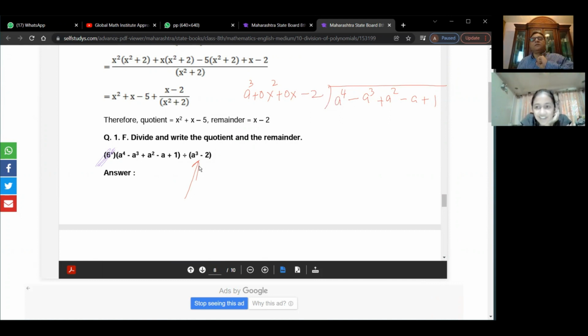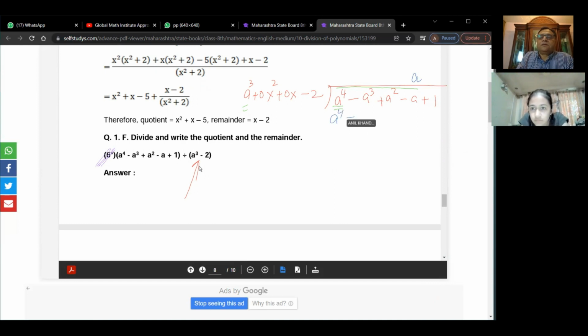Do you see that? 2 terms are missing. Therefore, we have 2 placeholders. Very important. Now, since we have these 4 numbers, we are going to involve 4 digits, correct? 4 terms. A cube will go how many times in a to the power of 4? A times. So we will write a here on the 4th term. Now multiply.